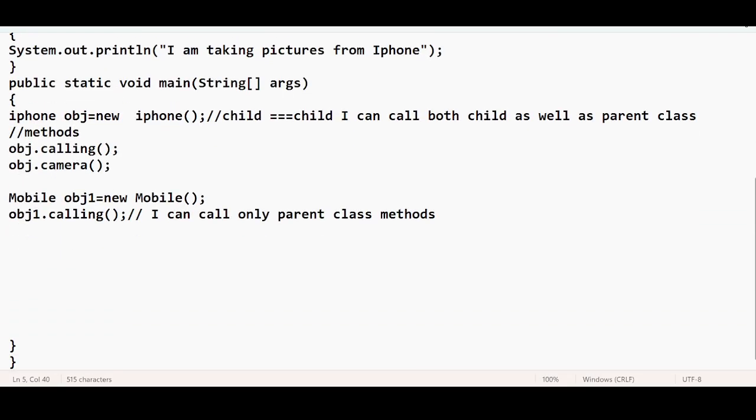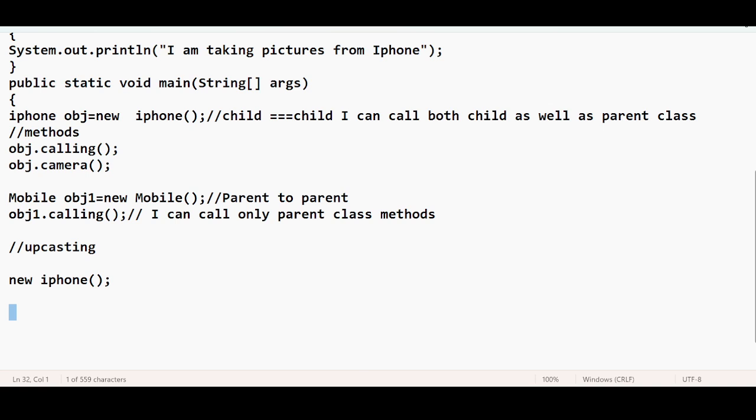Now the upcasting concept. What is upcasting? So this is parent to parent. Now, upcasting. What does upcasting say? Use the child class reference, the subclass object, iPhone. Convert the subclass object type to the parent class object type.